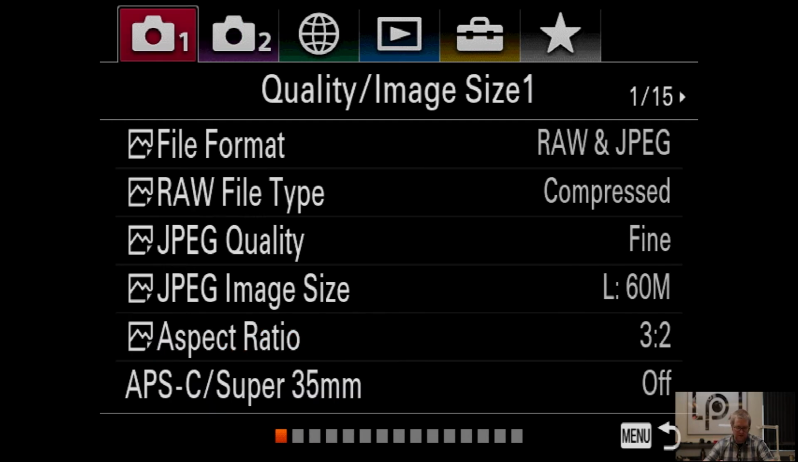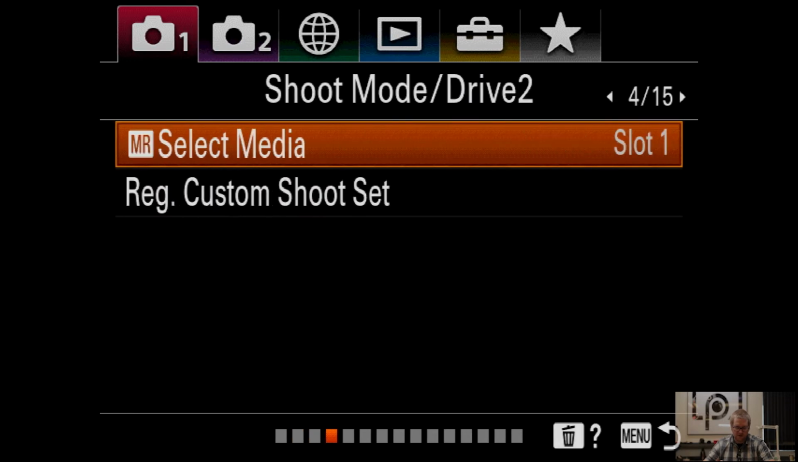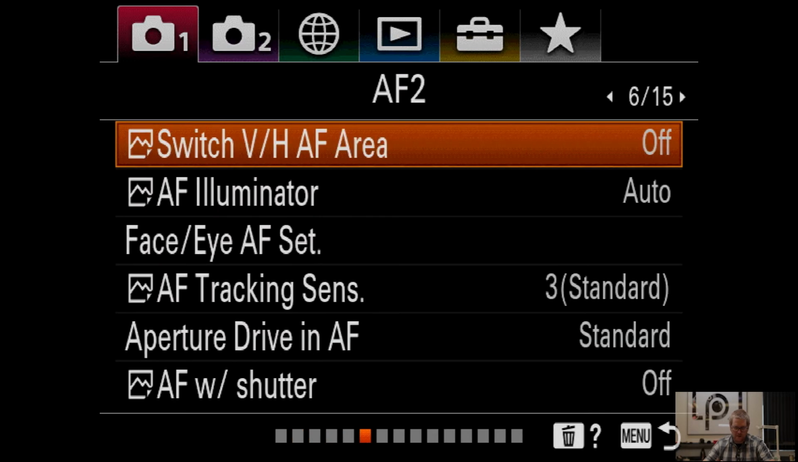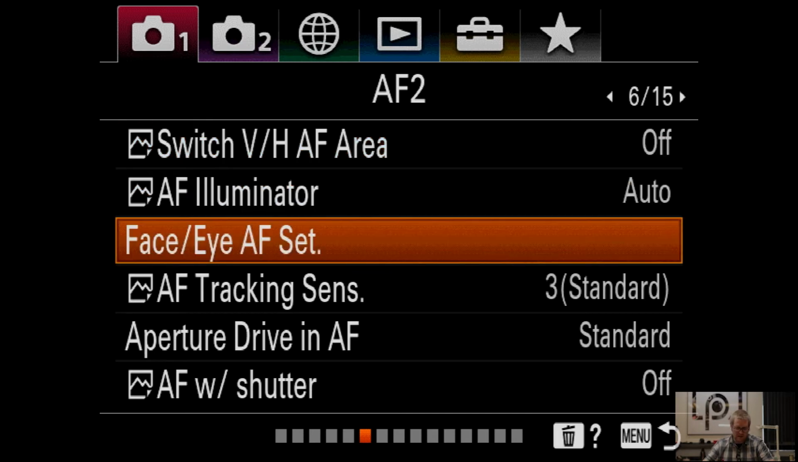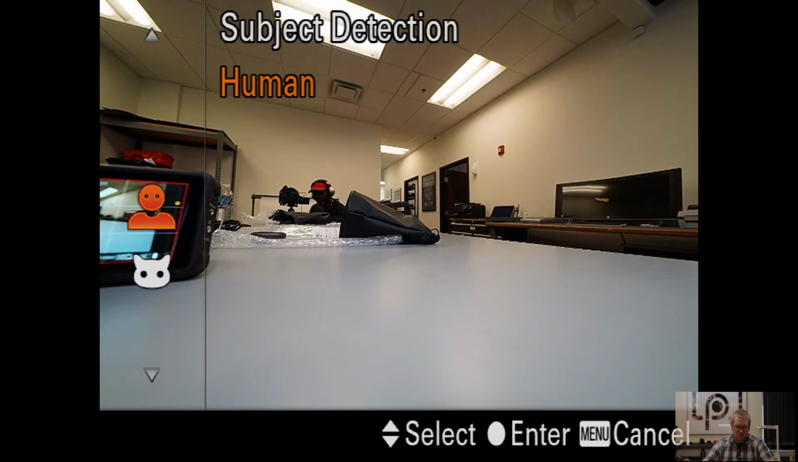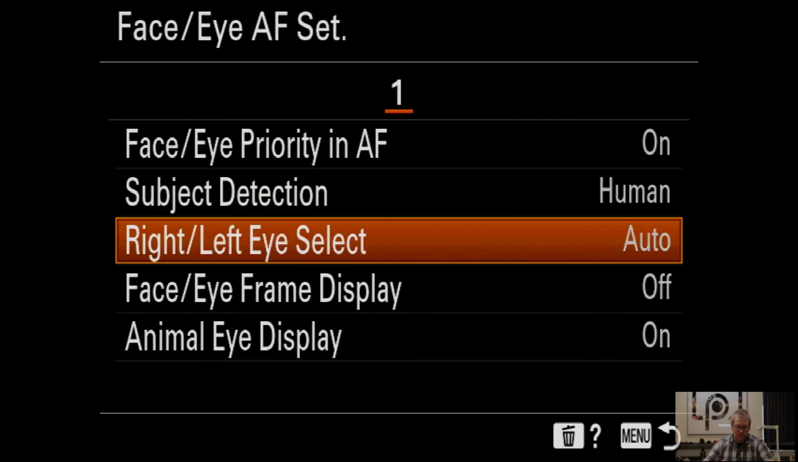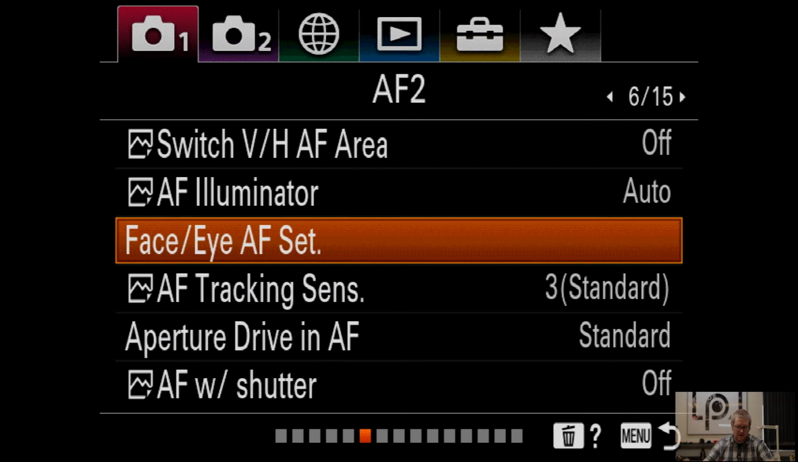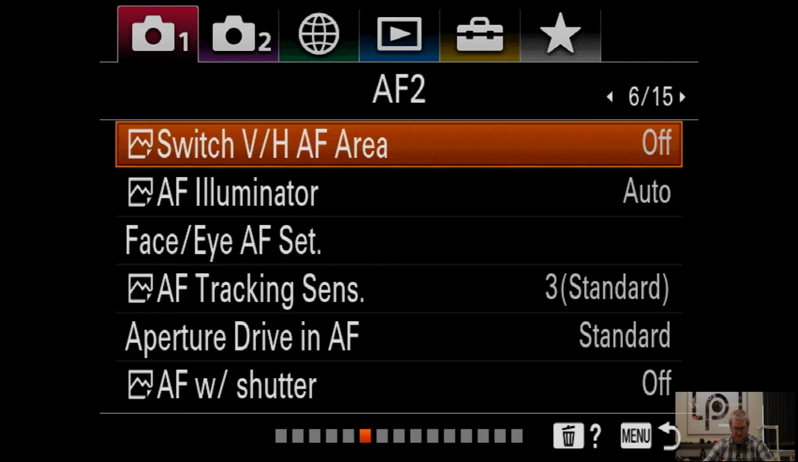Now jumping back to the Red camera menu, we're going to go over to Red 6, and this is where you can find your face and eye detection settings, whether you want to switch it from human to animal, back again, left eye, right eye, automatic, all of that kind of stuff is here under Red. That's Camera 1 menu page number 6. All right,